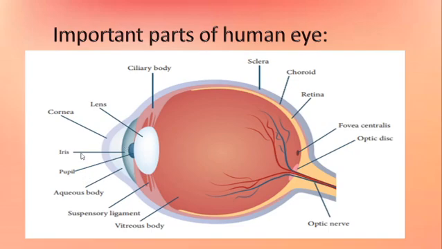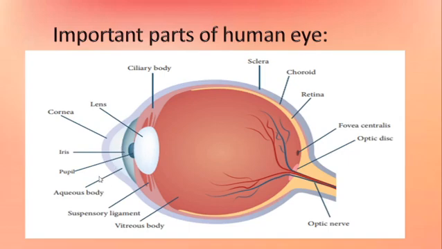Then the second one, the iris. You see here, this is the iris. It is the colored part of the eye. It may be blue, brown or green in color. Every person has a unique color. What is the meaning of unique? Unique means it has a different type, pattern and texture. The iris controls the amount of light entering into the pupil, like a camera aperture. Aperture here means hole, so the iris acts as a hole to control the light. It passes through the eye lens.